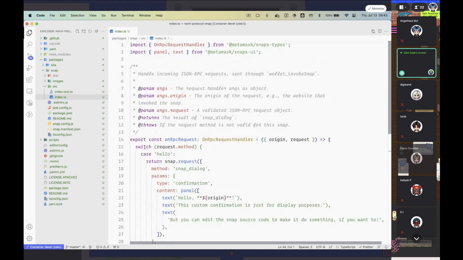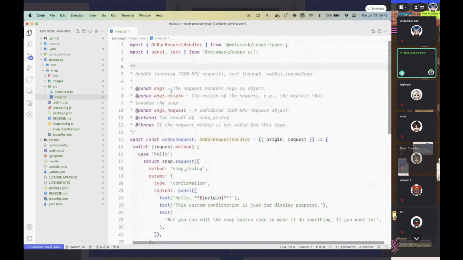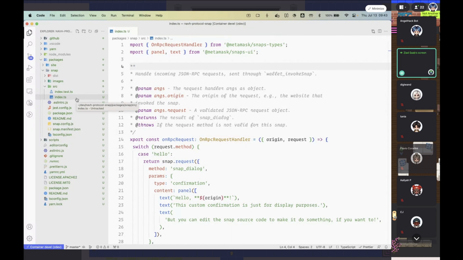So everything here works through exports. This is how you define the capabilities of your snap. And even though in the template that we give you, it's quite short, there's only one function, and everything is inside an index.ts file, please feel free to not do that. Please feel free to modularize your code, use as many modules and directories and submodules as possible, and then you can just put it all together in this index.ts file, which is what's going to be looked at in order to determine the logic of your snap. So that's the basics here for the